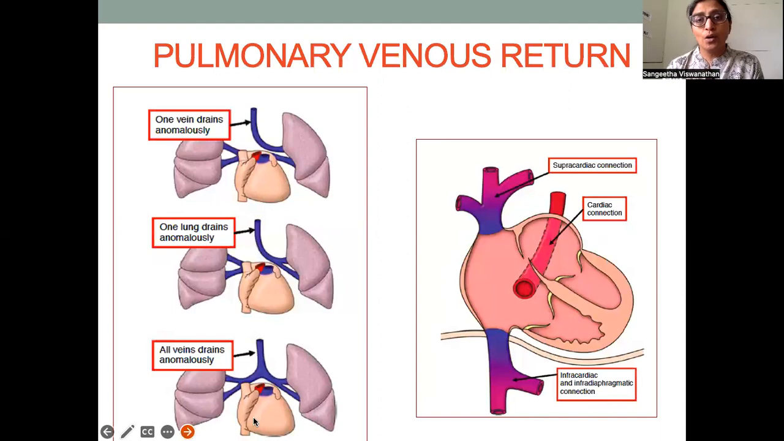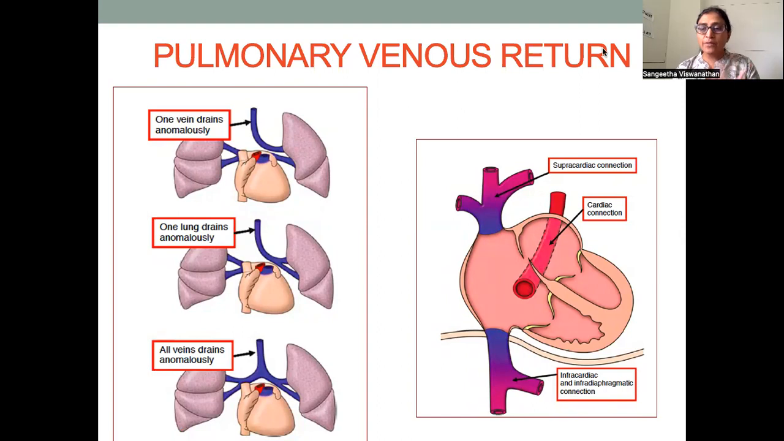Then we move on to pulmonary venous return. Okay, so pulmonary venous return, we know that normally the pulmonary venous return goes back into the left atrium, right? So you have the veins from both sides draining into the posterior atrium, which is the left atrium. Now you can have anomalous pulmonary